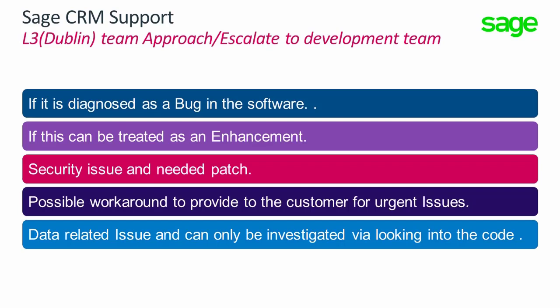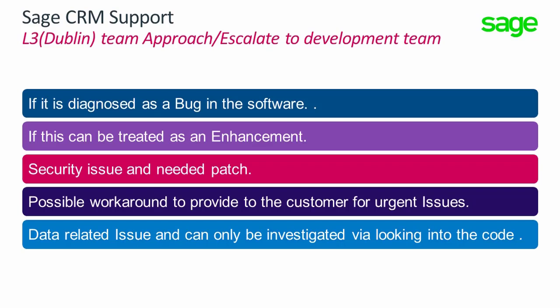Or if we think that this is a good feature and can be raised as an enhancement, the customer thinks it should be a good feature, then we think from our perspective whether it is really an enhancement, then we raise it to the development team. The most important thing, if it is a security issue, if the customer has any security issue, then we escalate to the development team for the patch if they need a patch immediately, because that's the most important thing the development team needs to fix.